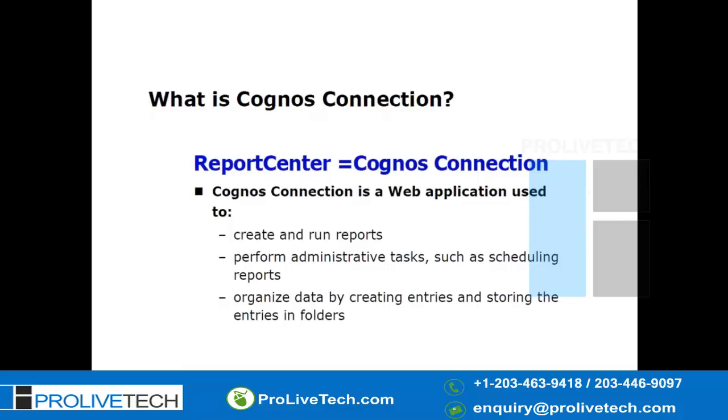So you can schedule it in the backend, saying that every month, every first of the month or last of the month or first week of the month, it has to run the report and send the output to the user. It's a one-time task. You schedule it, that's it. It will keep on, every month it will go to the particular user. So those kind of activities you can also do from Cognos Connection.